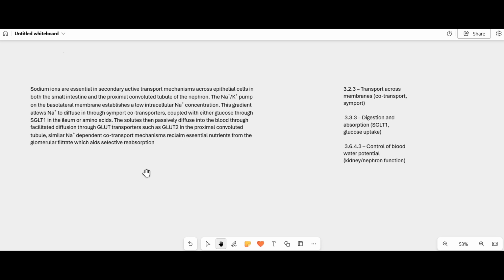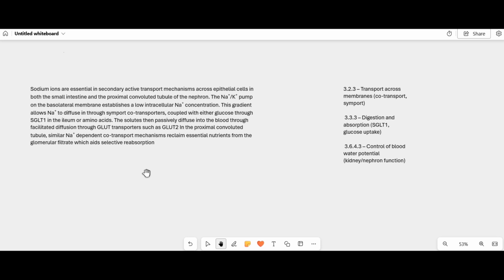So in the proximal convoluted tubule, similar sodium-dependent co-transport mechanisms reclaim essential nutrients from the glomerular filtrate, which aids selective reabsorption. Yeah, so obviously the filtrate that's moving through the nephron, yeah, through the glomerulus first, yeah, that's going to be obviously used to co-transport to reclaim any essential nutrients that are inside of it, yeah, that need to go back